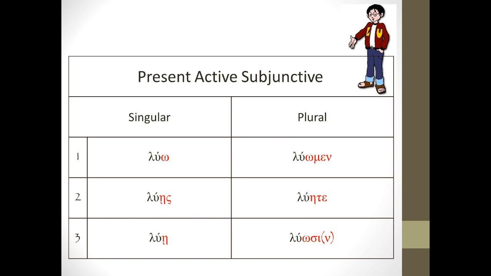All right, before I get to any practices, I'm going to go through and show you all the paradigms that you become familiar with, and then I'll actually put some example sentences on the screen after I point out just a few things you want to be aware of. So this is your present active subjunctive. So far, I think it looks pretty easy for you. Again, a red flag word immediately preceding the verb is your clue that you've got a subjunctive verb in the sentence.